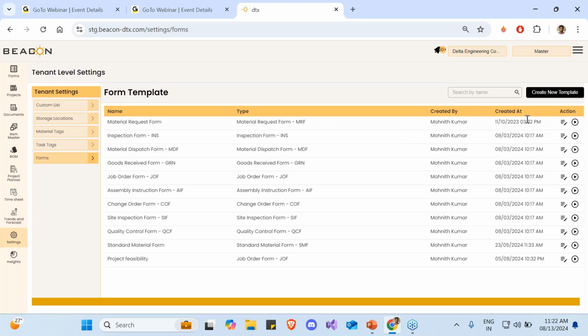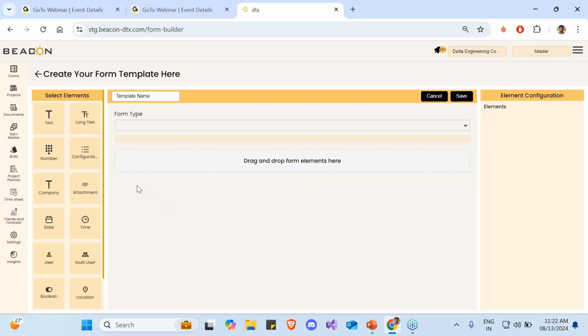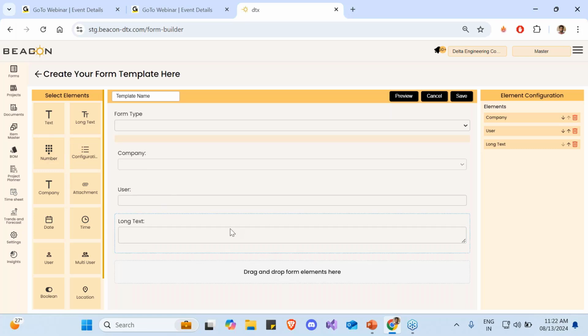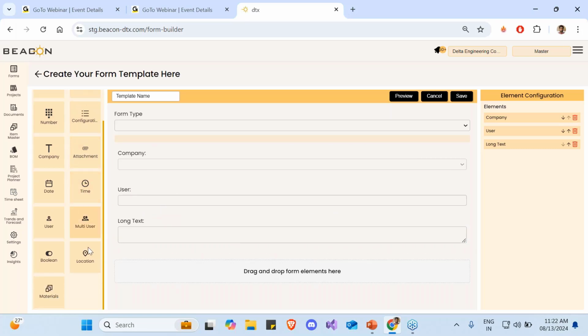In the forms, we have the ability to create our own templates. So you start with a blank slate where you can start inserting. You can just say, I would like to first add the company with whom I'll be working, and then I'll add the user to pick one of the users from that company. And then further, I can add what this description is about, like what this form is about, what we're trying to capture. Now if this form has more to do with, for example, in the job order form, we're talking about certain materials, or if we're talking about material dispatch, again we're talking about materials.